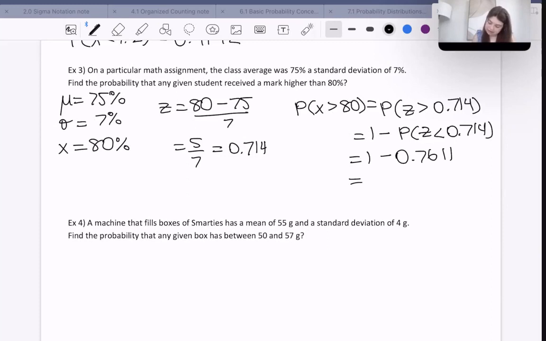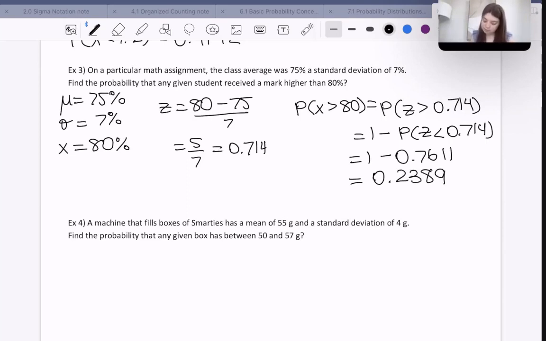Right? Because that's going to be closest if we round down. Now, we would have to round up if we had a number greater than 4. So if we had 0.719, we would round that up to 0.72. In this case, it's 4, so we round down. And then we're going to get, as our answer,